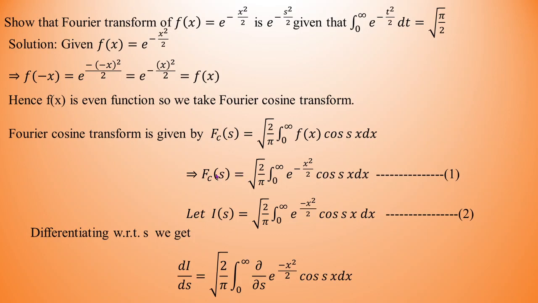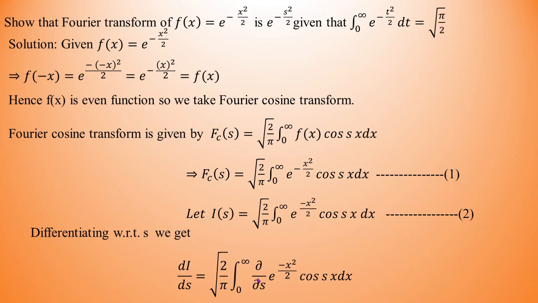integration? So the next part is very much important, so please observe this carefully. Let's denote for the time being this integral by I of s. Obviously it will be a function of s. Now here I am going to make use of differentiation under integral sign. We have seen in the previous classes how to use Leibniz first rule and Leibniz second rule for differentiation under integral sign. So here we will differentiate both sides with respect to s, as it is a function of parameter s. Now what we find, the derivative of the integral on the right hand side is nothing but the integral of the partial derivative. This is according to Leibniz first rule of differentiation under integral sign.